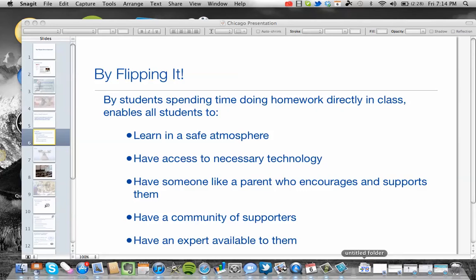And so the first thing you want to do is determine what you're going to record. Most of us are going to record some sort of PowerPoint or keynote presentation, or even a blank slide if we're going to draw on the screen, like say a math problem or what have you, using a Wacom tablet. But what I'd like to do is show you the basics of how to do a video